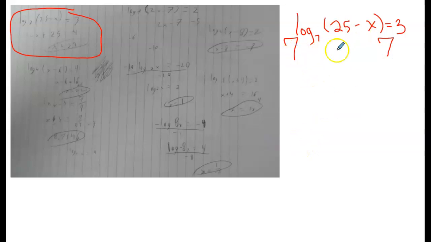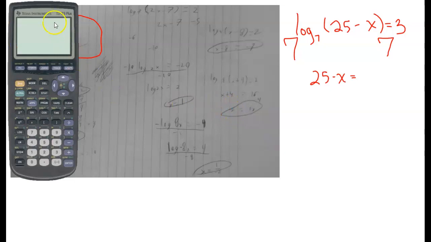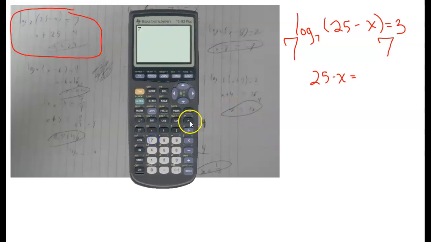And that, by the inverse property, brings down the 25 minus x, the argument of the log, and then that is equal to 7 to the third power, which is